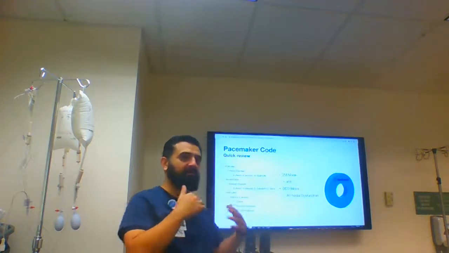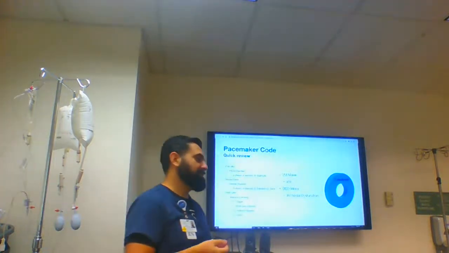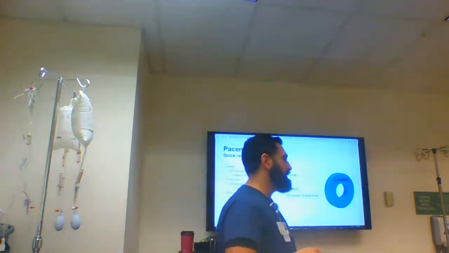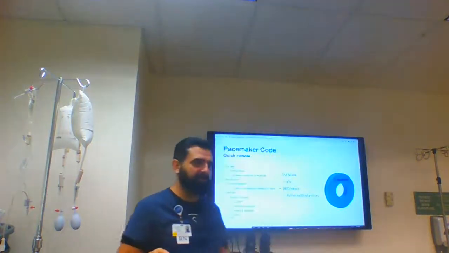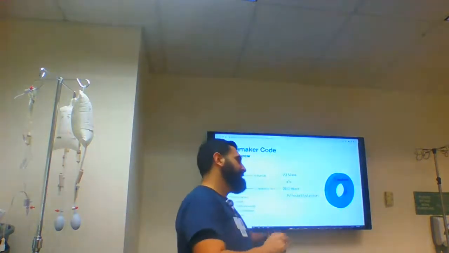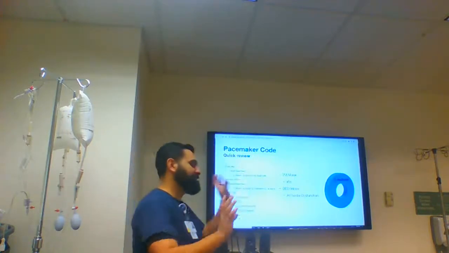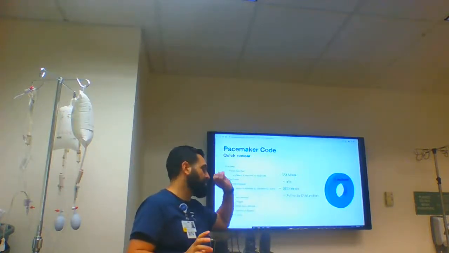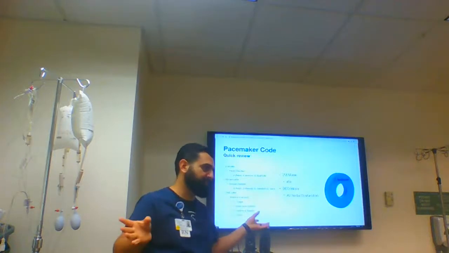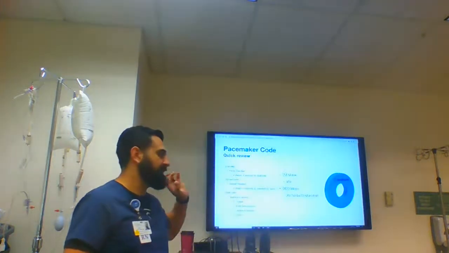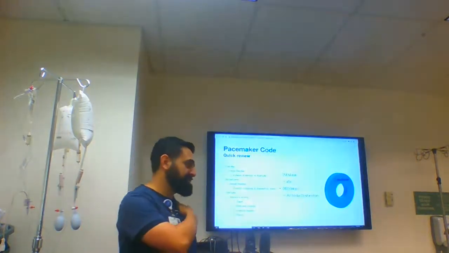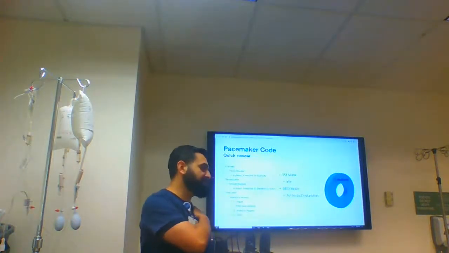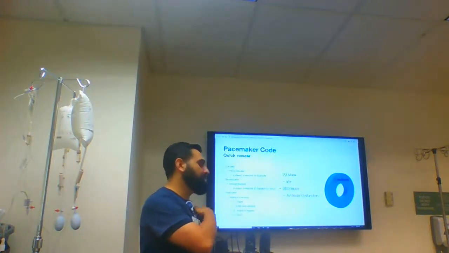AICDs are not always working. Now there's a dual function pacer/AICD, but we talk about them separately. If it's a pacer with Medtronic, which is the one we use here in Laredo, you're going to see VVI 85. But if you put it on an AICD, it will no longer